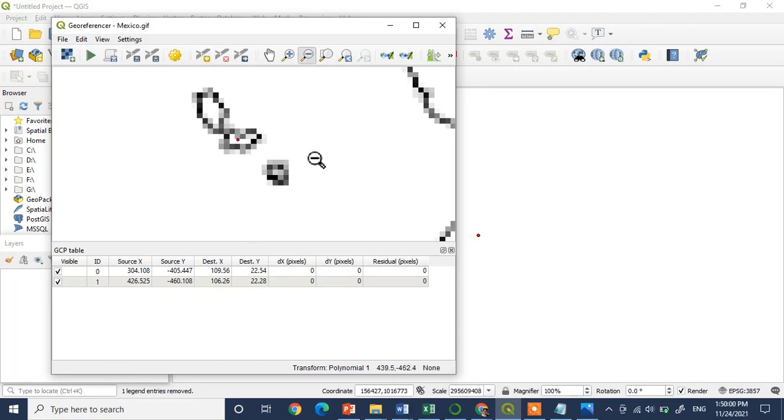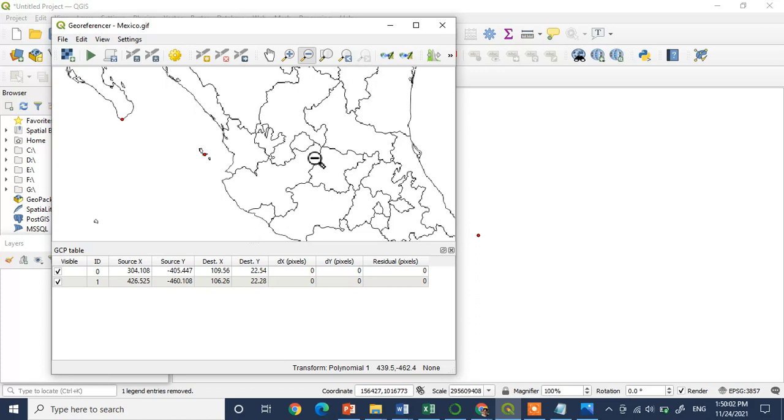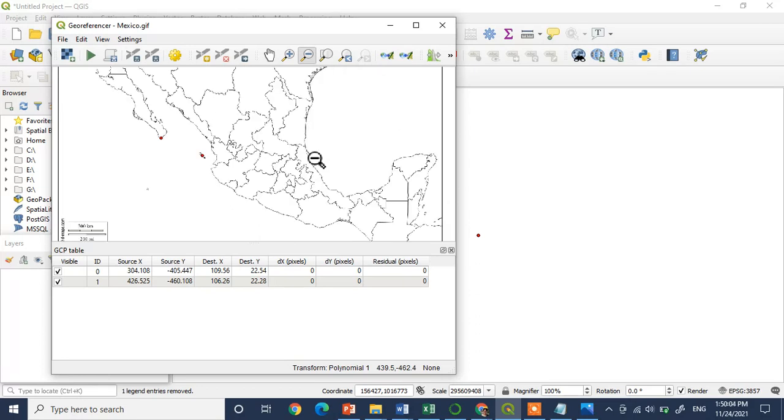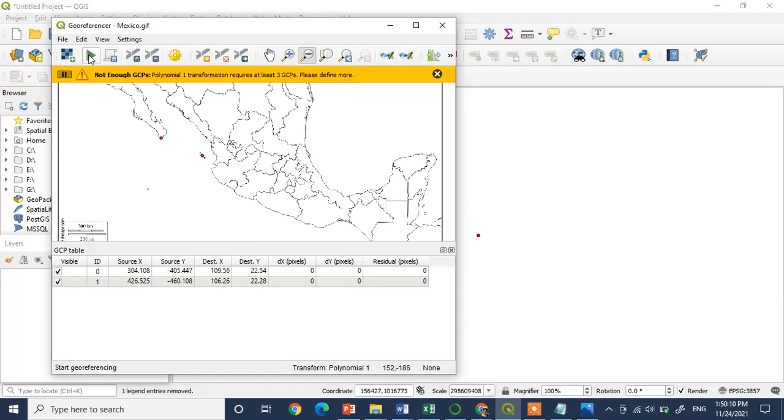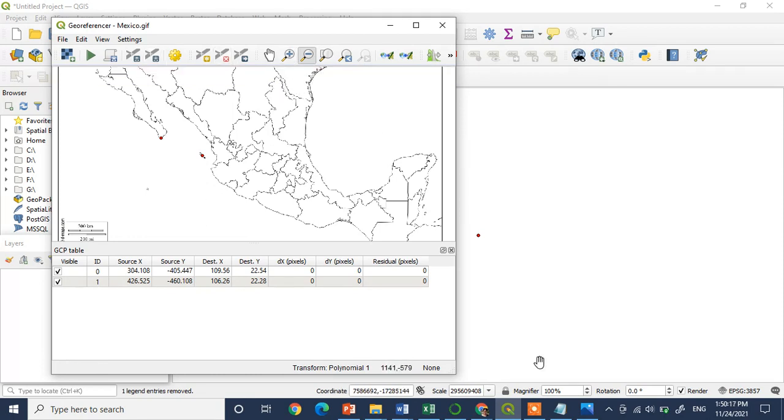Now you can start doing georeferencing. As you can see, there are 2 points which are marked here. You may mark more points. Okay, so it is saying that the polynomial 1 transformation requires at least 3 points.